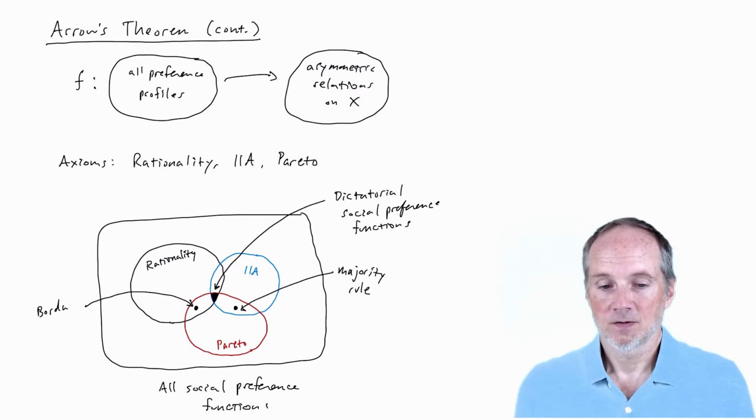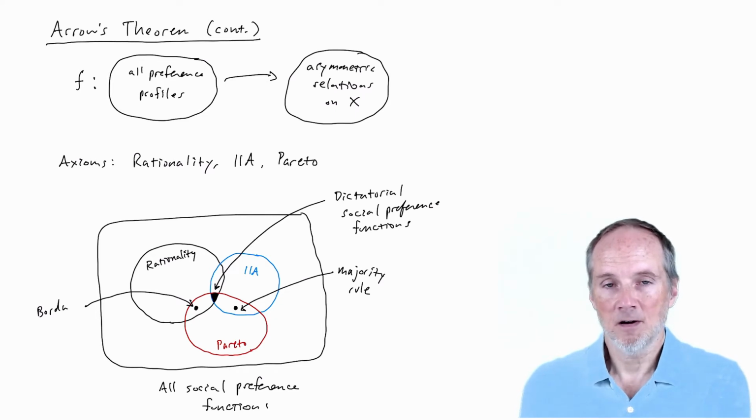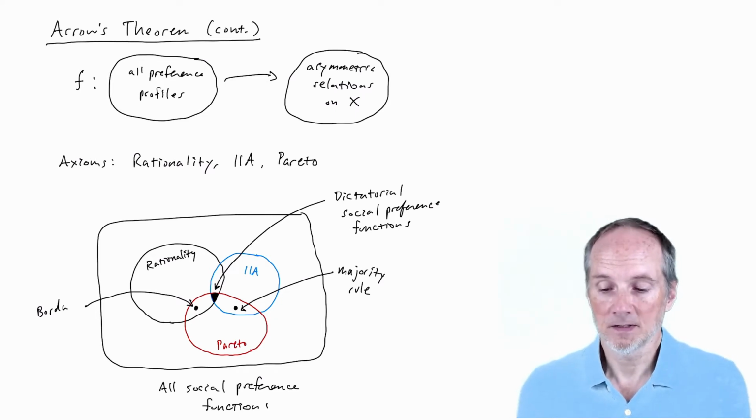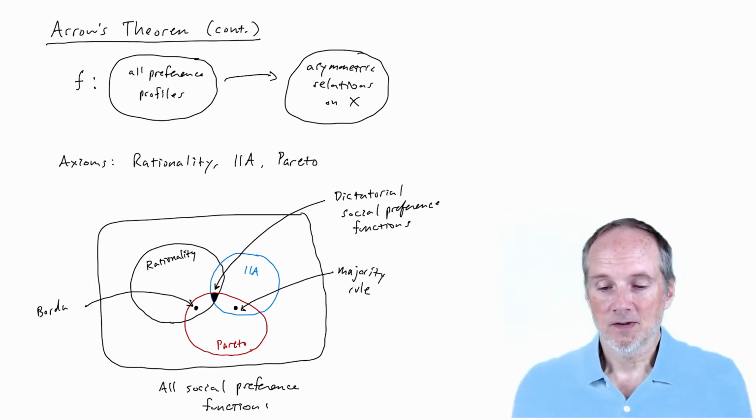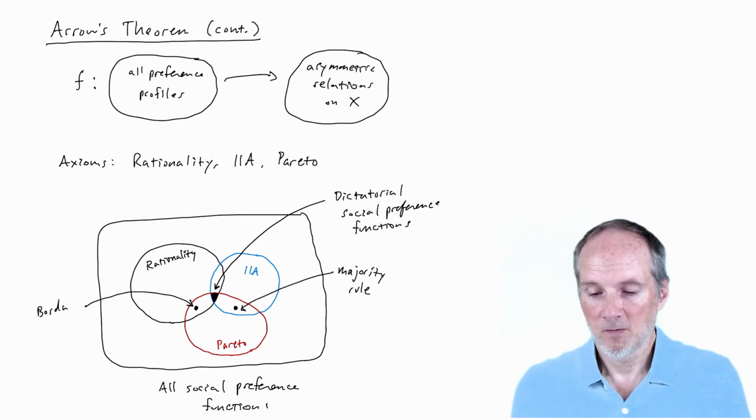That is a very extreme kind of social preference function. It concentrates all power into a single individual, essentially. And obviously, those are not very interesting. We wouldn't want to say that that's